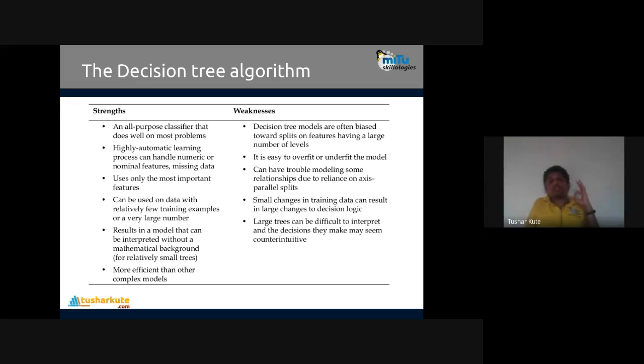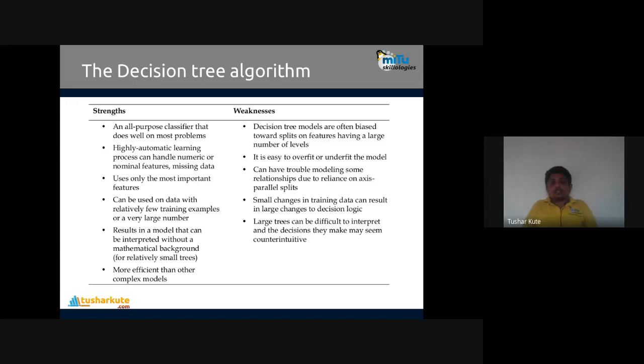This is the property of decision tree. Maybe if I'm having 10 features, out of that only one feature can be used to split. Not all features are compulsory. Depending upon the feature importance, this algorithm takes the data into consideration.